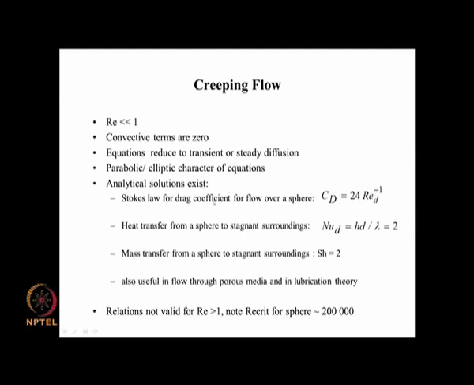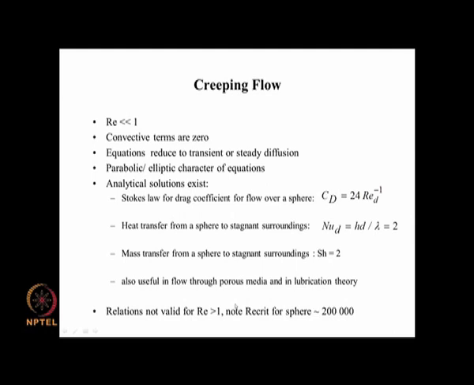For example, Stokes' law for a drag coefficient over a sphere is expressed in terms of 24 by Reynolds number, and heat transfer from a sphere to stagnant surroundings. So, you have certain analytical results which are useful, but these are useful in some special circumstances, that is Reynolds number much less than 1. So, these are not valid for Reynolds number greater than 1, and Reynolds number greater than 1 is not